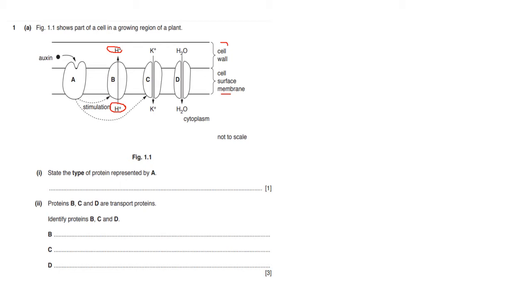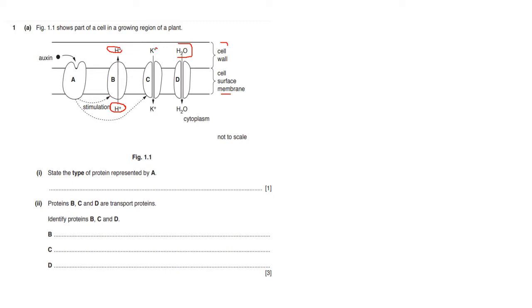And over here we have potassium coming in, and we can see that this is split in the middle, so it has two parts, like a gate. This tells us that this is a potassium channel protein, or potassium ion channel, basically. And then we have D as well, and D is very similar to C, but what is passing through